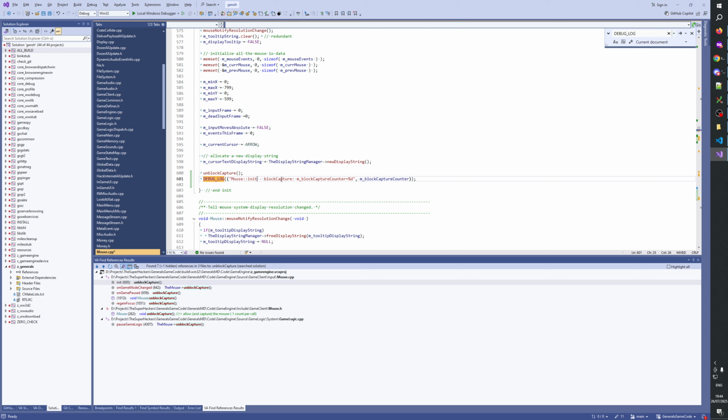Init, unblock. The mouse on game paused.